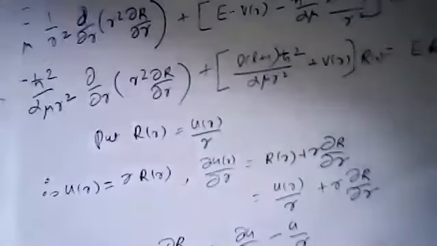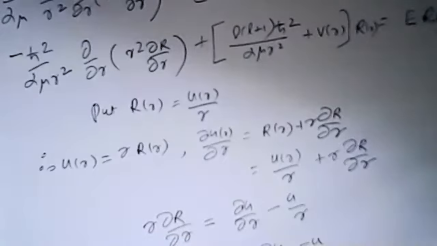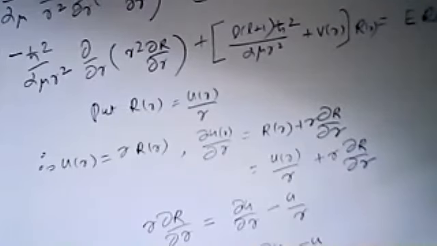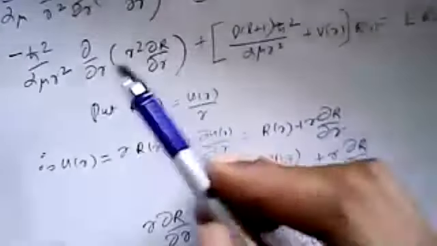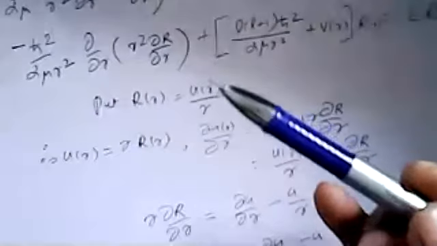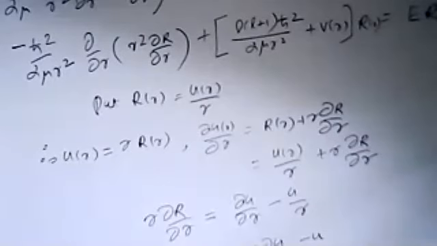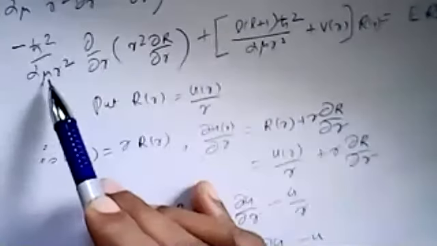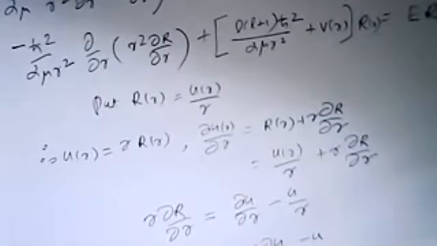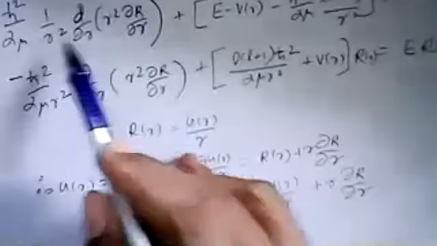Mu is the reduced mass, or you can put m, no problem, if only a single particle is there. In the case of an atom, we have a nucleus and an electron, so there are two particles, and you have to put mu, the reduced mass. That is why I have put a mu everywhere. You can also assume the presence of a central particle, the nucleus, and put a capital M instead of mu if problems are like that. So multiply throughout with h cross square by 2 mu. Here it gets cancelled, so the equation becomes like this.